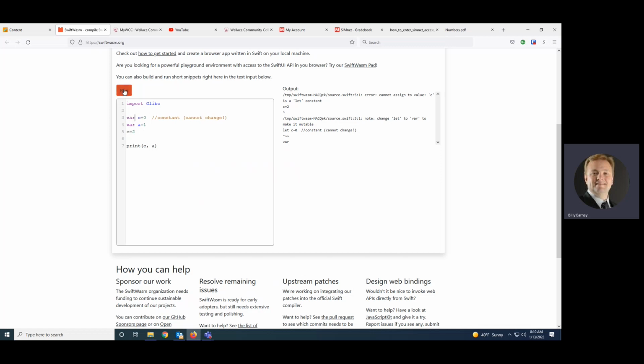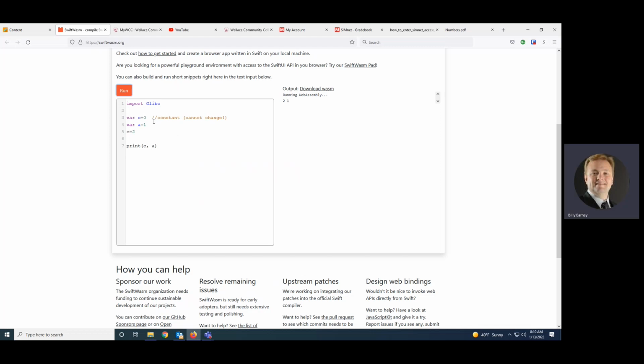So let's try running this and seeing if it works. Okay, it does work. Now C is equal to the value of 2, A is a value of 1, so it outputs 2 and 1. You see what I'm doing here? I'm playing around with the compiler a little bit to see what I can do. I'm testing it out to see if the statements that I'm saying